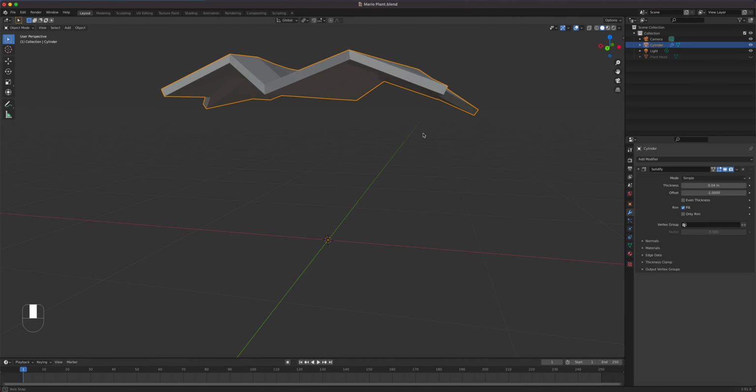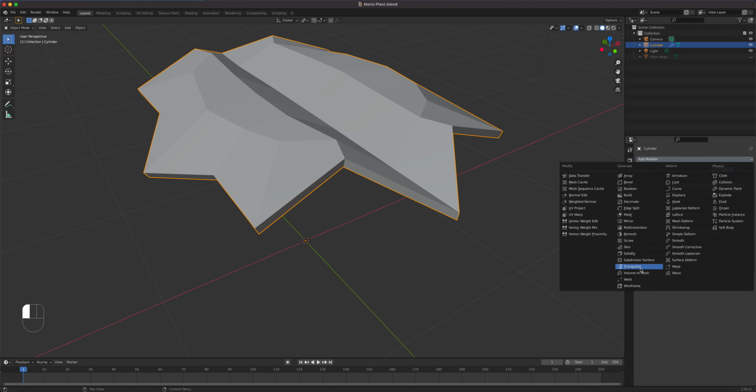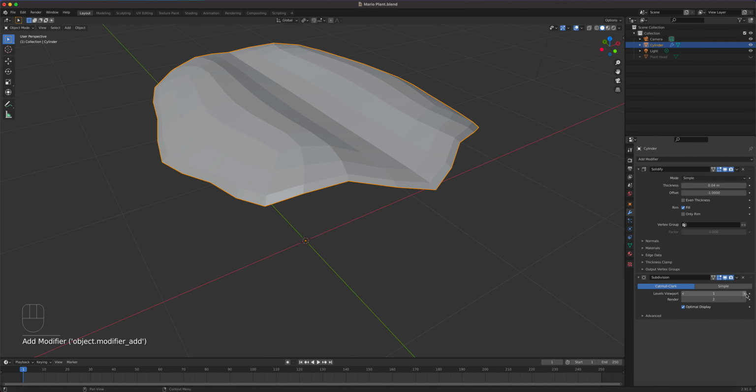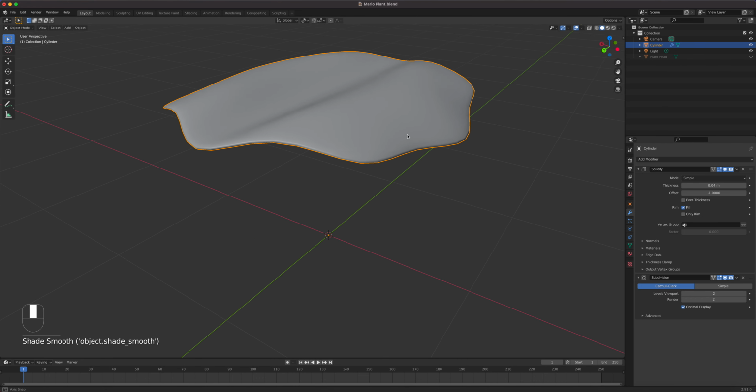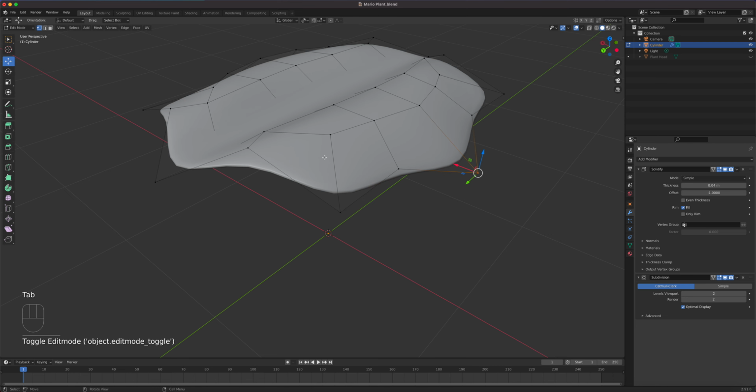So kind of thick. I think that's fine. Okay, and then I'm going to add a subdivision surface and right click smooth. All right, so it doesn't have the spike and we have to do something. Okay, so with the crease. So if I go here, well, I can't do the crease because my solidify is still